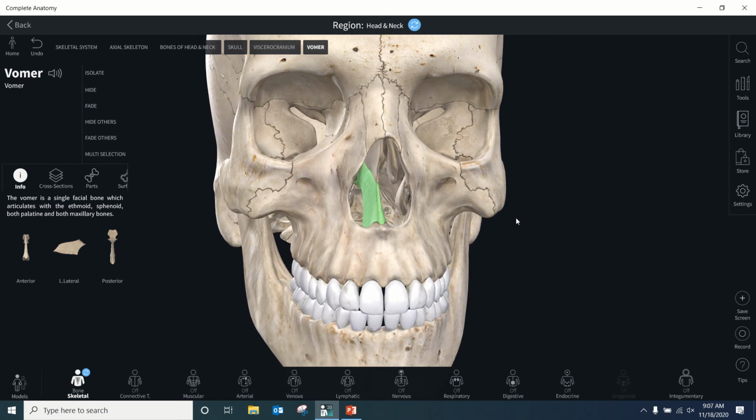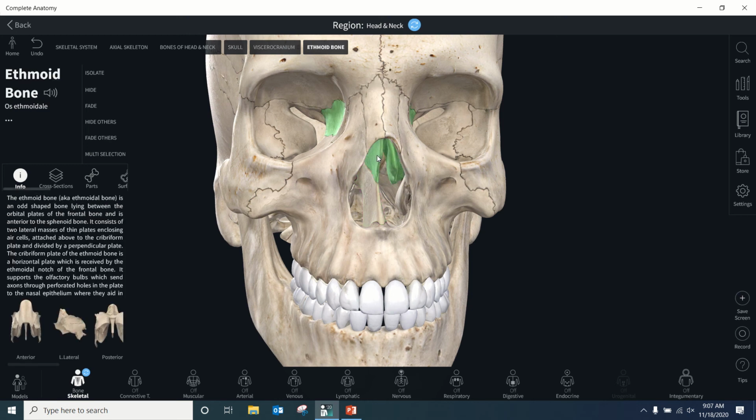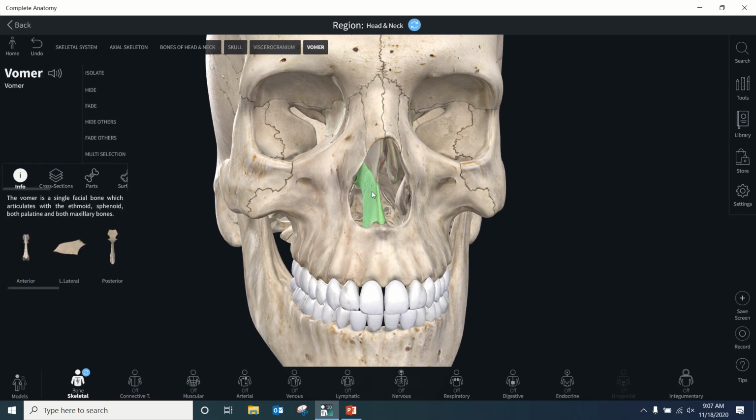So you can see that the vomer articulates with the ethmoid, which is the first bone that we talked about. So I'm going to click on the ethmoid. So there's the ethmoid again. Remember, that's where we started. So just inferior to the ethmoid is the vomer. There we go. And so those two help form that nasal septum that again divides the nasal cavity into right